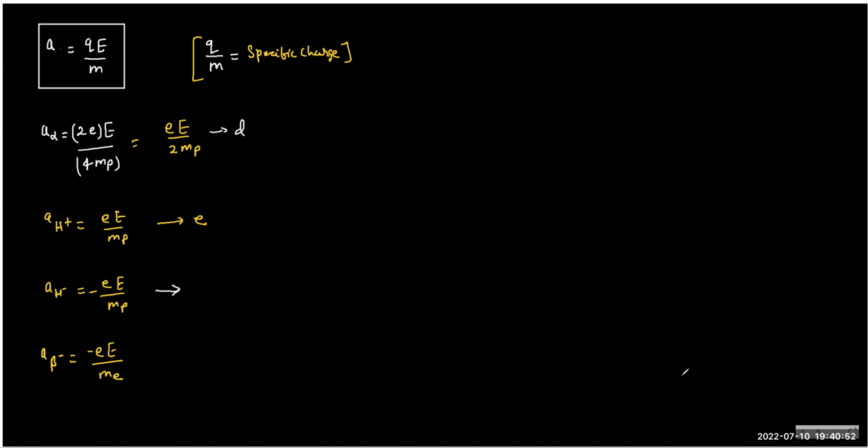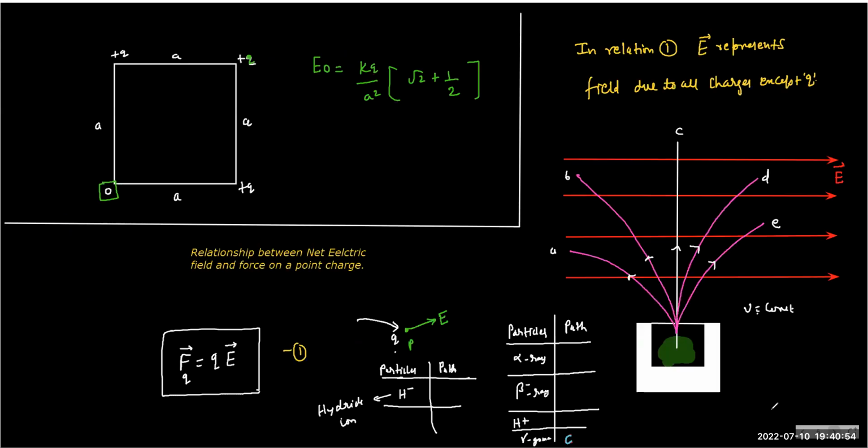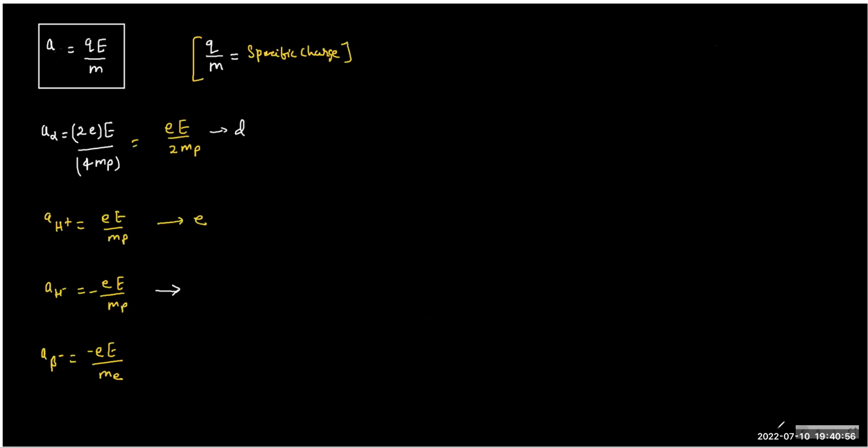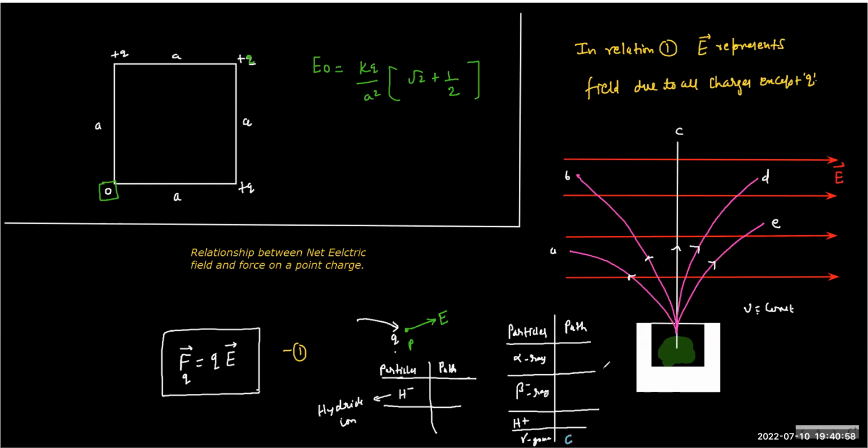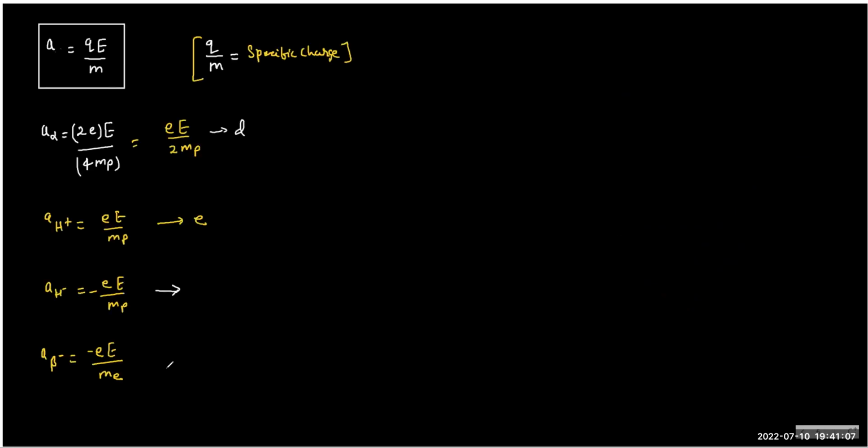We have two options for negative, A and B. A is the maximum deviation. It goes left very early. B goes after some time. So you can see that. Out of these two, which one is bigger? The beta minus, right? Yes.